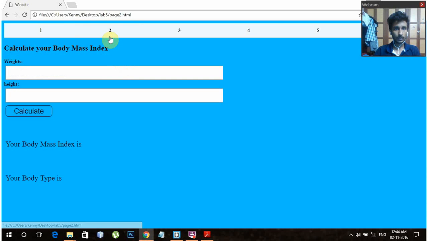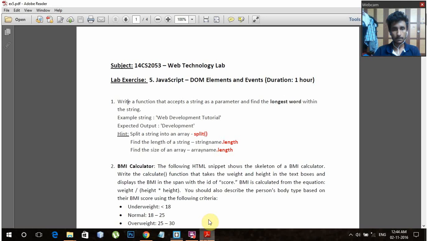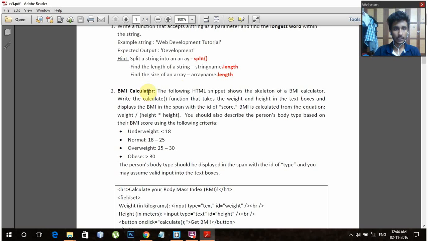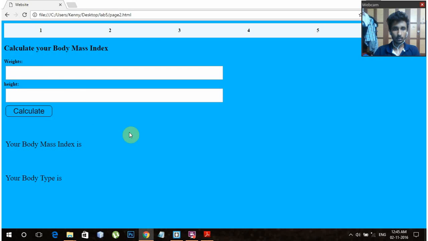Now the second question is a BMI calculator. We have to show the skeleton of the BMI calculator, and people having BMI less than 18 should be marked underweight, from 18 to 25 as normal, and 25 to 30 overweight, and more than 30 as obese. So here